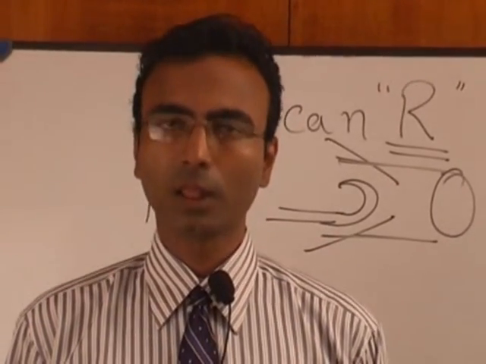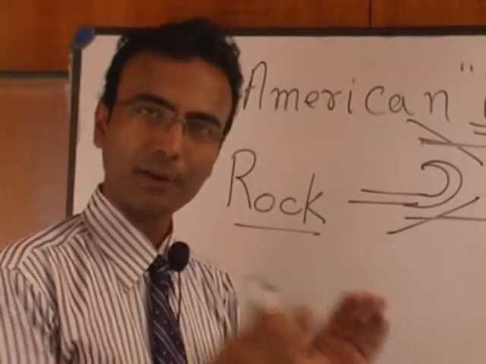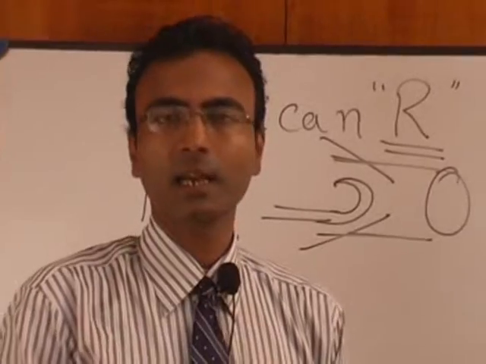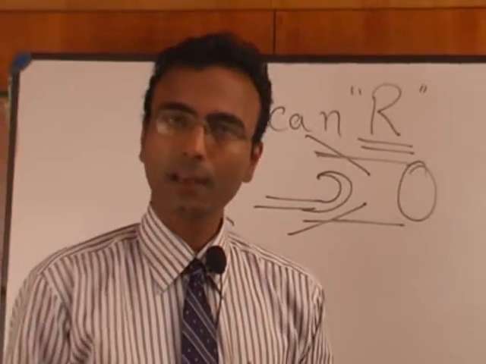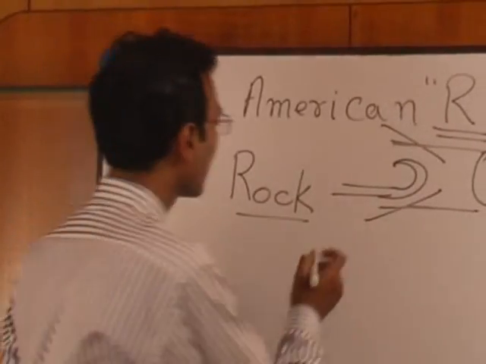Up to now I have given you the pronunciation of R at the beginning of the word. Now I'm going to tell you what happens when this R comes in the middle of the word. As I told you earlier, R is a kind of effective vowel. It affects the letter before it. Let me demonstrate here.